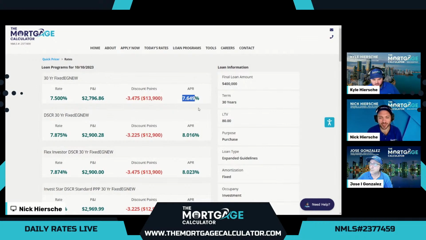So conventional pricing on the investments was a little high, but we did have that cool portfolio option that does beat this DSCR if you want to go full doc. But DSCR beating conventional with no documentation for income or employment is a pretty amazing option. And there's even 2 other DSCR options here you see that beat the conventional pretty much. So absolutely amazing DSCR options we have today that are pretty much blowing conventional out of the water.